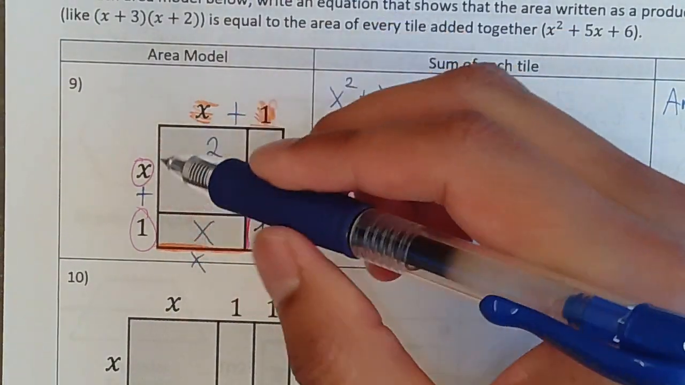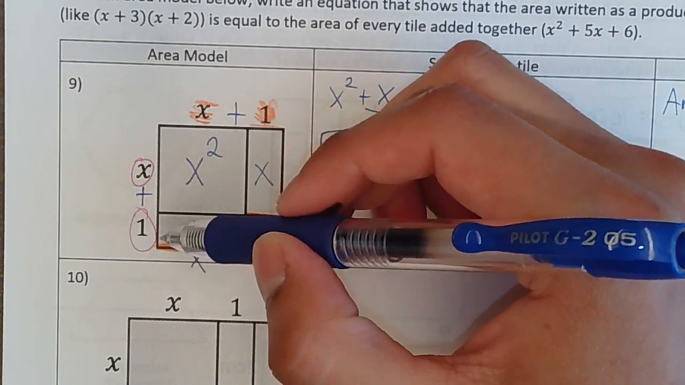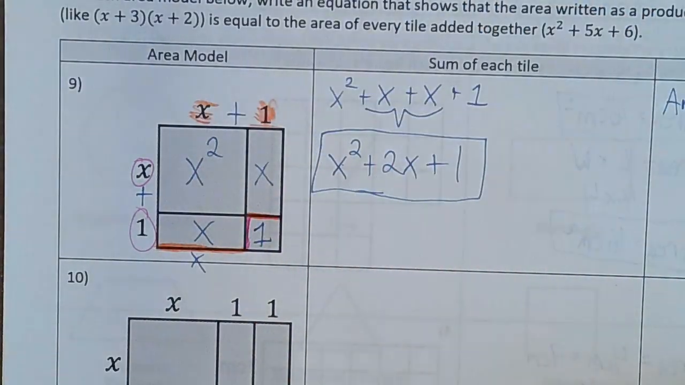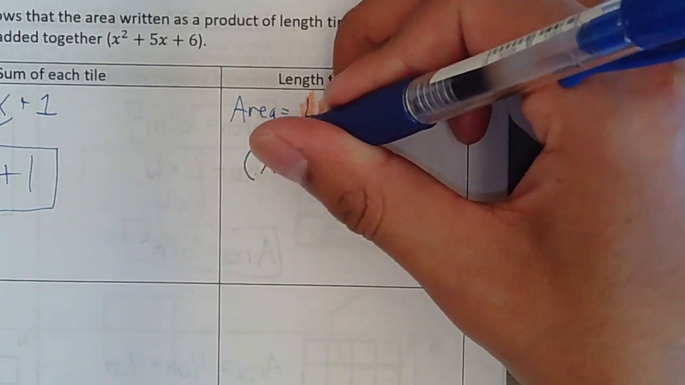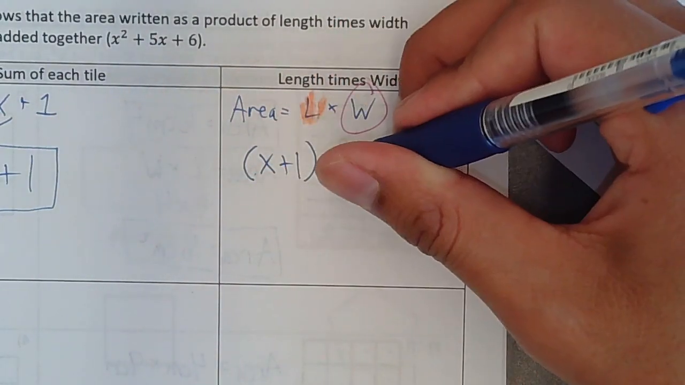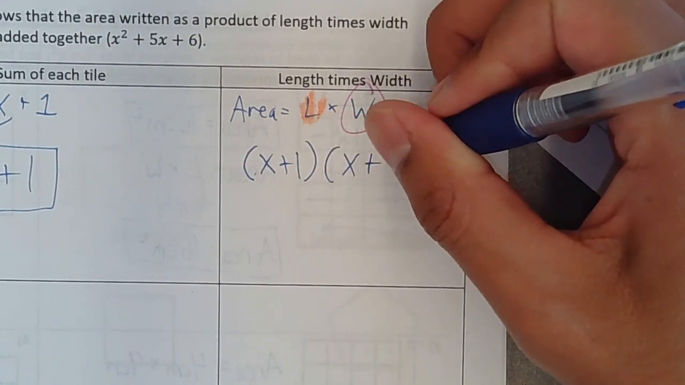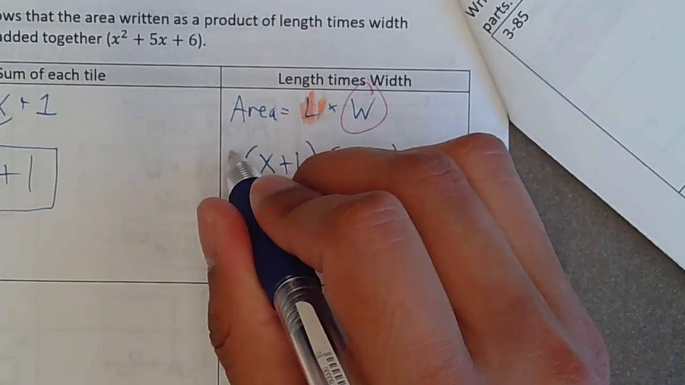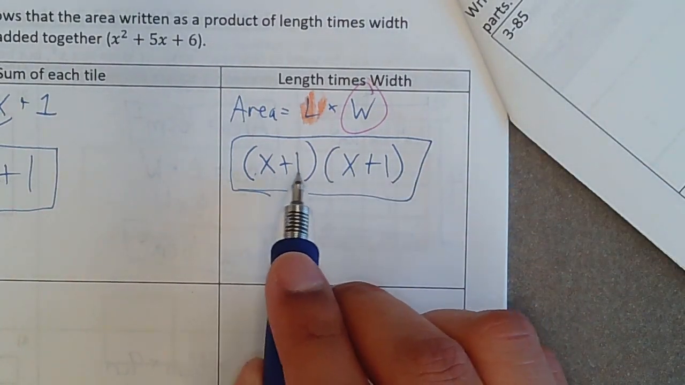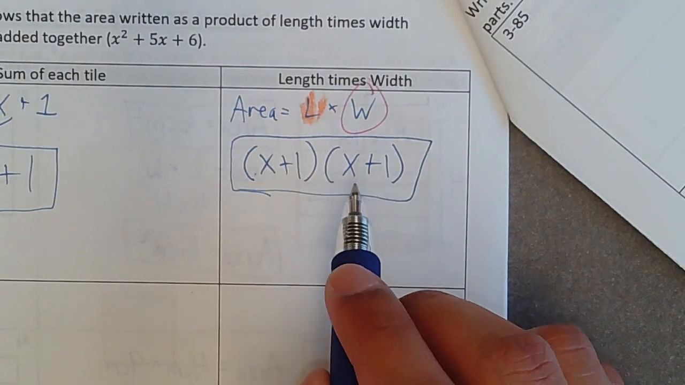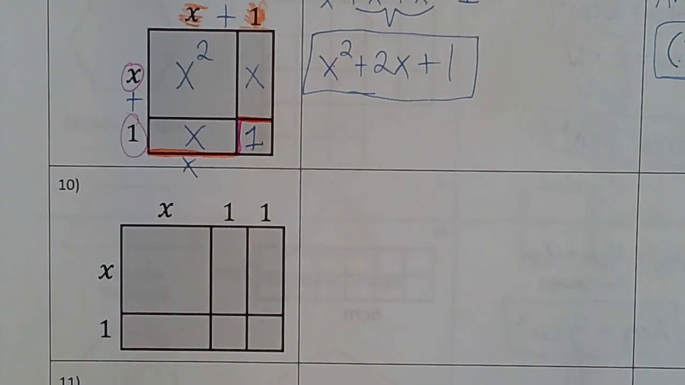So here, I've got x plus 1 as my width and x plus 1 as my length. In parentheses, do x plus 1, and then parentheses again, x plus 1. Put a box around it. This is my length, this is my width. They just happen to be the same thing. Looking over here,